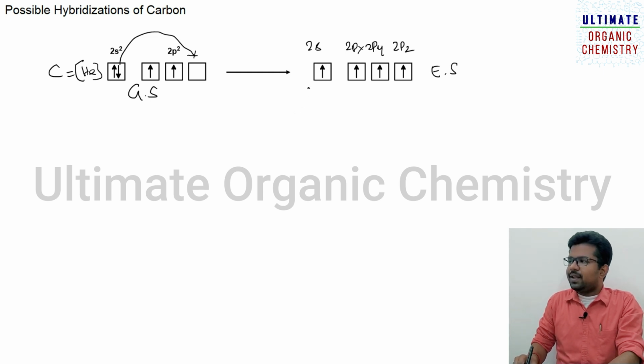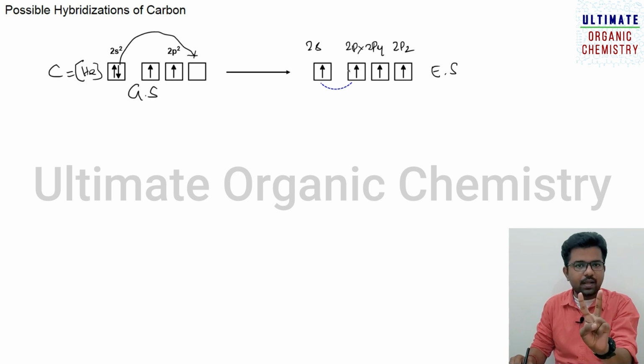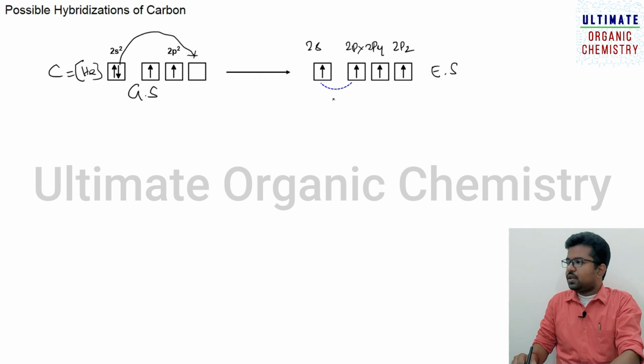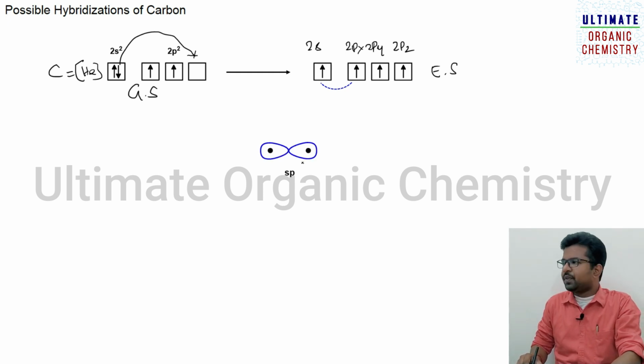Okay, so there are three possible types of hybridization, mixing of orbitals. So this is the s orbital and these are the p orbitals. They can mix in three possible ways. The first is when one s orbital is mixing with one p orbital. Two atomic orbitals are mixing, so you will get two molecular orbitals. This forms an orbital known as sp hybridized orbital. So two orbitals are mixing, and as a result you get two molecular orbitals. So this is a general sp hybridized orbital.